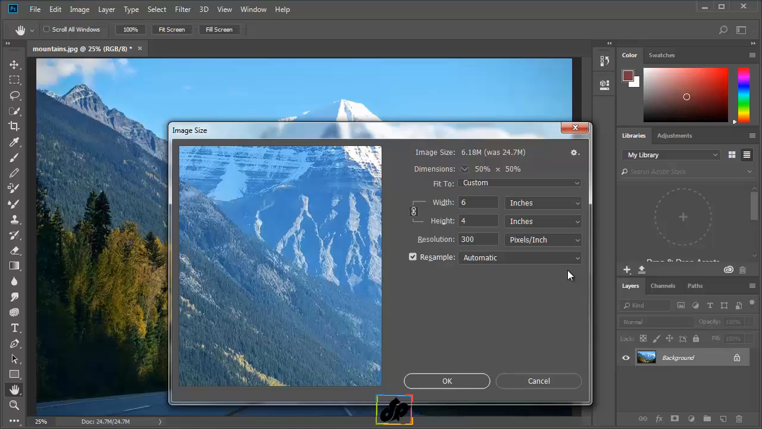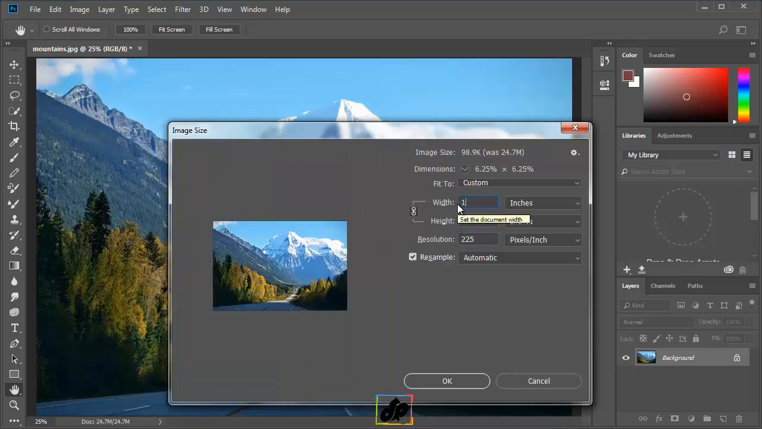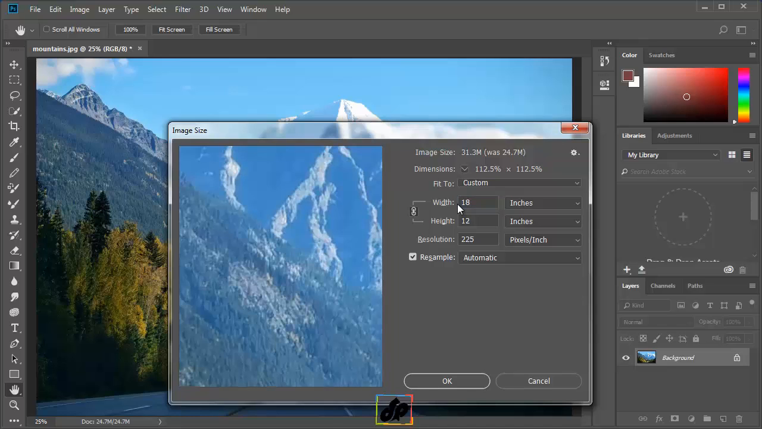for specific output devices. First, let's take a look at an example for a printing press. Let's say we want to print to a 150 line screen, which means we will need at least 225 pixels per inch. If we want to print this, let's say 18 inches, we are aware that Photoshop needs to interpolate up to create a 31.3 MB file, and it's going to interpolate up